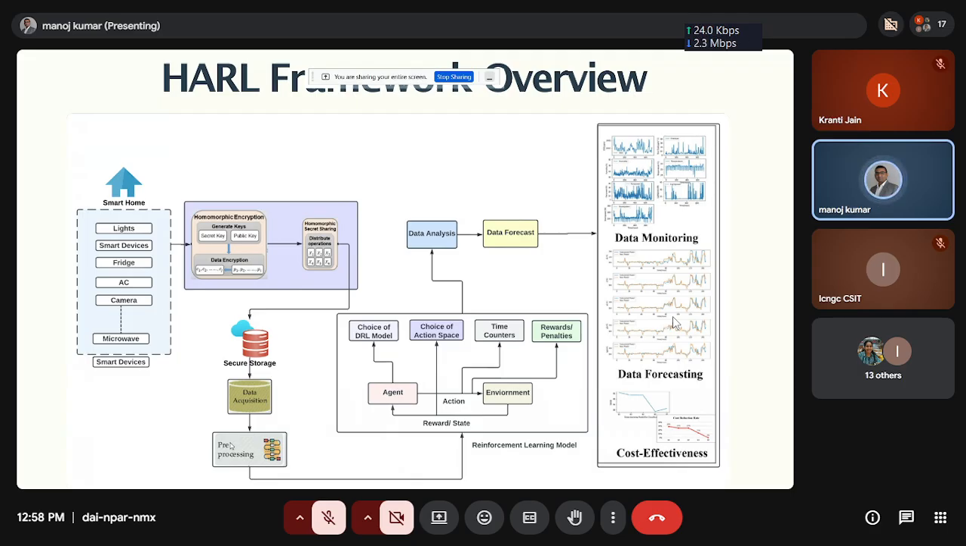Okay, so here you can see we have a smart home, and different smart devices are there. And then the first step, because of the time constraint, let me explain the figure as a whole. The first stage is about encrypting the data. Here we have privacy preservation, and homomorphic encryption, which we applied through a secret sharing based